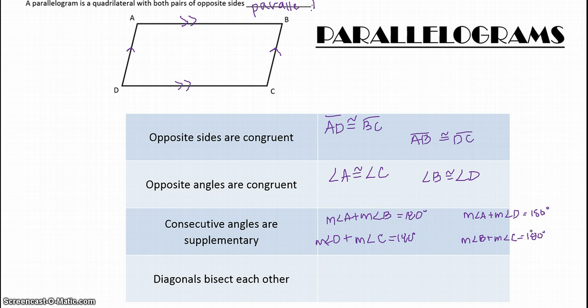Essentially, when you're looking at your parallelogram, any 2 angles that are next to each other, whichever way, are going to add up to be 180 degrees. They're supplementary. And then we also know that our diagonals bisect each other. So if we draw our diagonals,